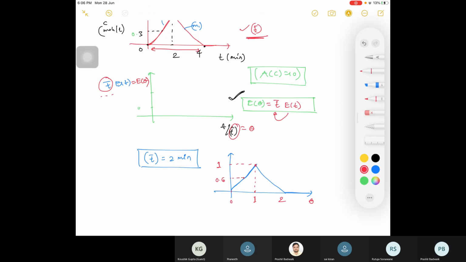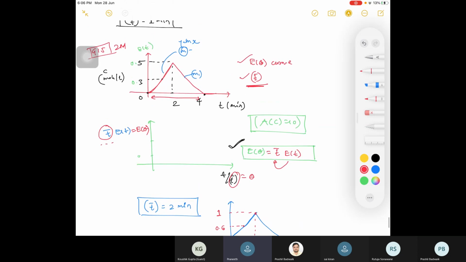Yes, sir. Like by seeing the graph, can't we just say the mean residence time? Like mean residence time is the point where it divides the area into half. It's like we can find T bar by seeing the graph itself. Yes, you can. What is the physical significance here? See, T mean is just that line which divides your x-axis into two equal area parts, right? So here it is your 50%. If it is your 50%, you can have this value, right? So that is your 2 as the mean residence time, right? Yes, physically you can do that, okay?